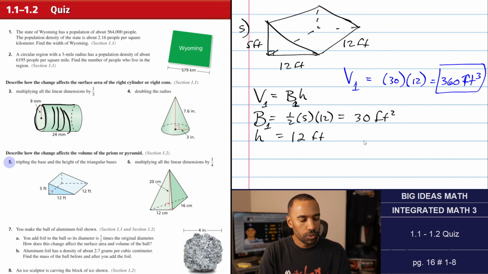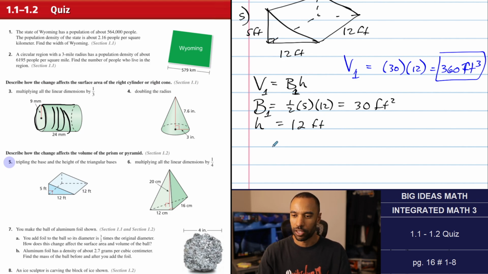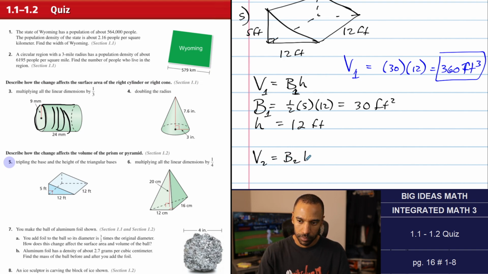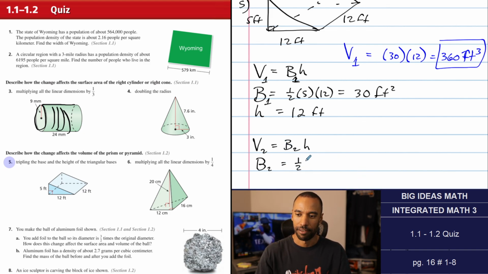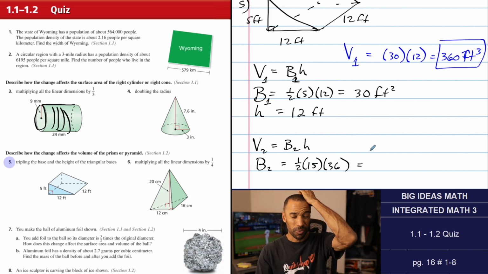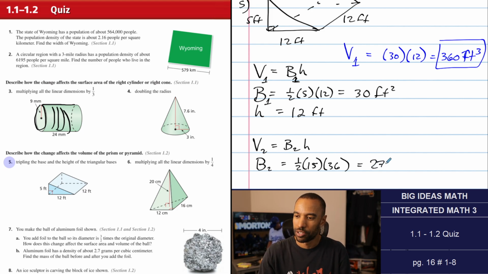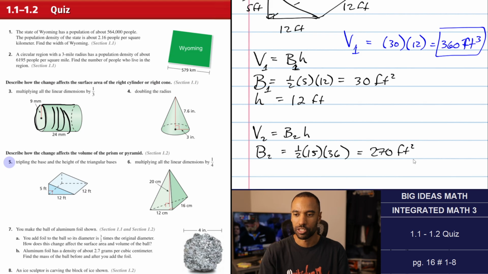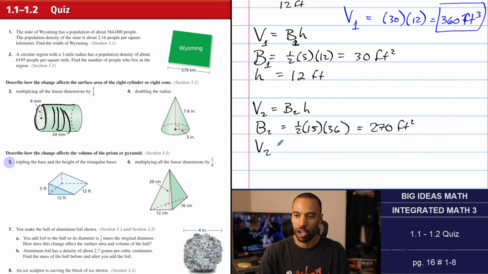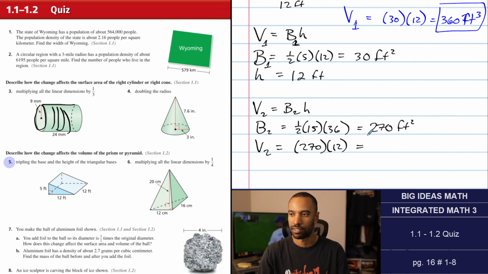Item 2, we're going to triple the base and height of the triangular bases. So we are going to triple 5 and 12. So 1/2 of 5. We got to triple them. 15 and 36. Really makes everything 9 times bigger. This should be 270 then, I guess. 270 square feet. So I guess it's going to be 9 times bigger in the end. Height is still 12, so volume of object 2 is going to be 270 times 12. So 9 times bigger,